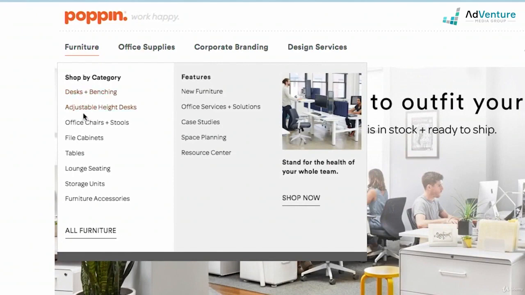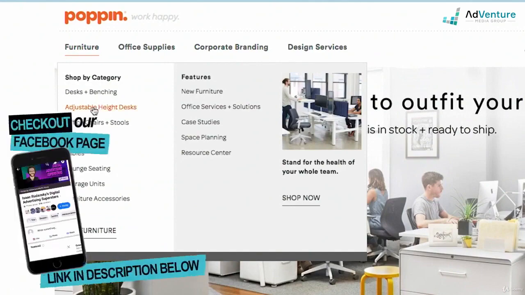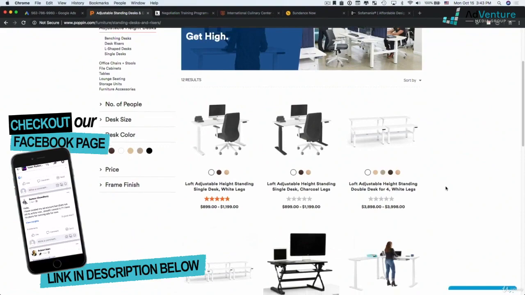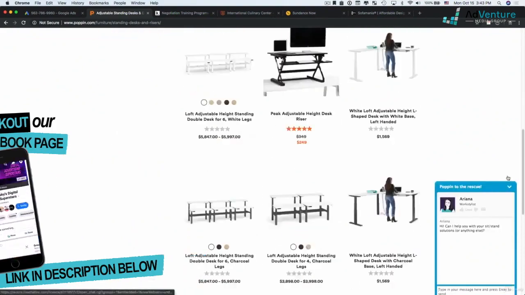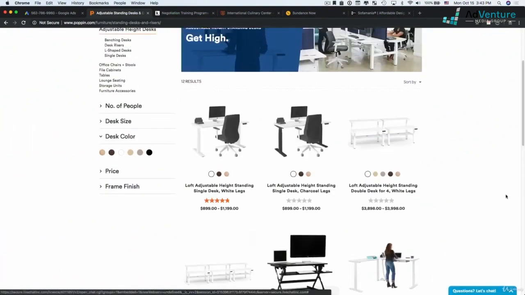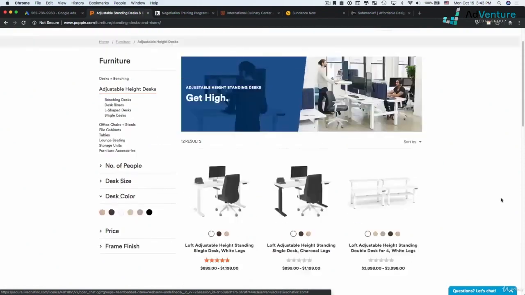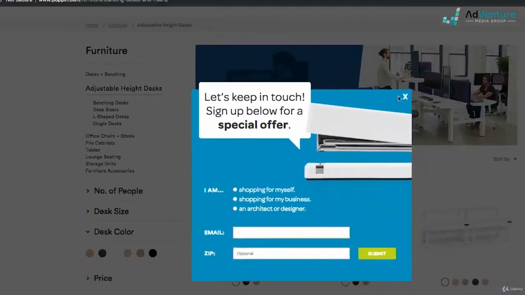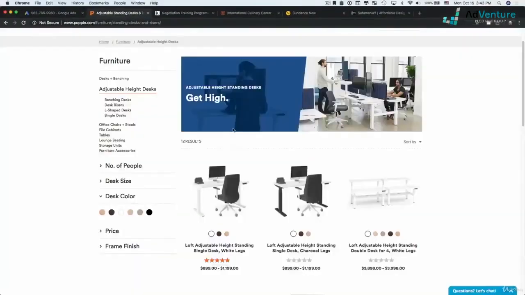ad group for desks and benching, an ad group for adjustable height desks, and if I click into adjustable height desks in my ad group, I'll see that I have these products and these product pages. You want to also think about what page you want to send that traffic to. So you don't want to be too broad, and you also don't want to be too specific. So if I have adjustable height desks and somebody's searching for adjustable height desks, standing desks, so on and so forth, I think that this page that we're on now would be a good place to send that